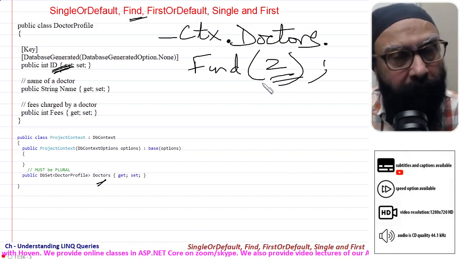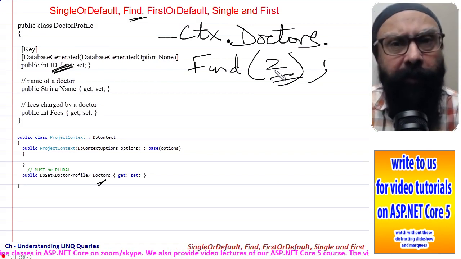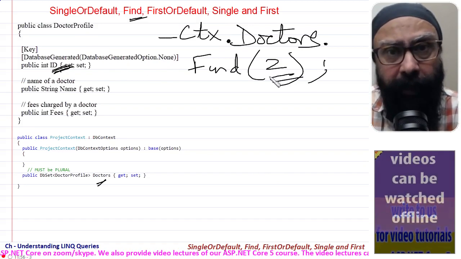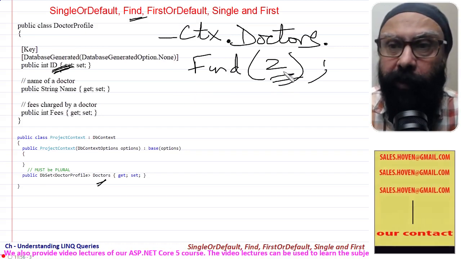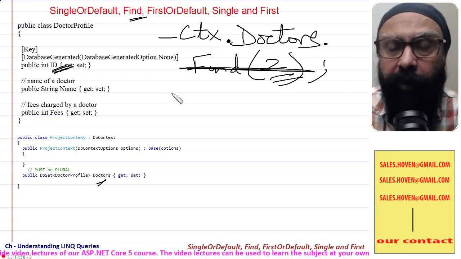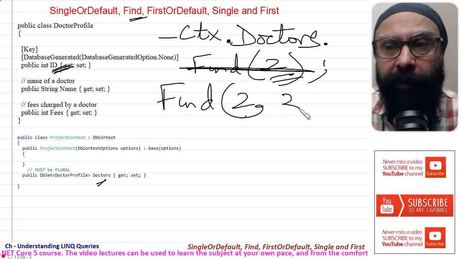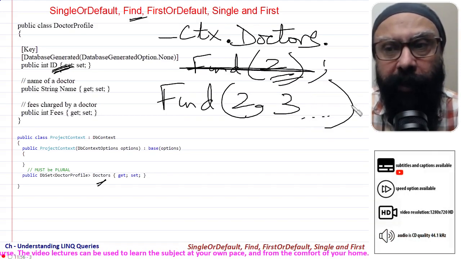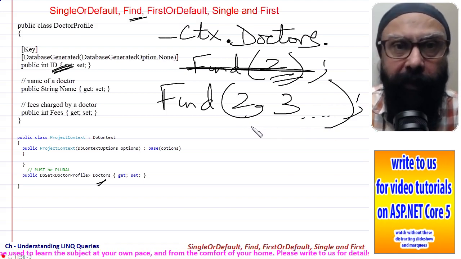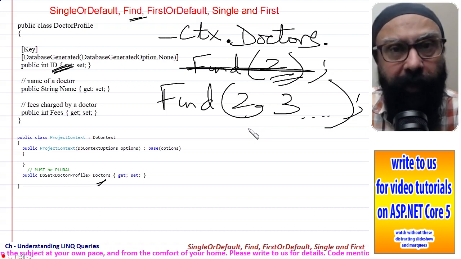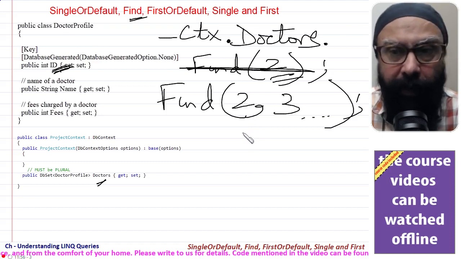This is the simplest way of finding one doctor out of the whole table if we have access to the primary key. So if my primary key is Id, I will pass 2 here. This is the simplest one. Now sometimes your table has a combination of 2 primary keys. In that case you have to pass like this: Doctors.Find, first primary key followed by the second primary key. You should pass them in the same order in which the primary keys are defined. How to define these primary keys I have already discussed in one of the starting videos, so you can have a look at that also.